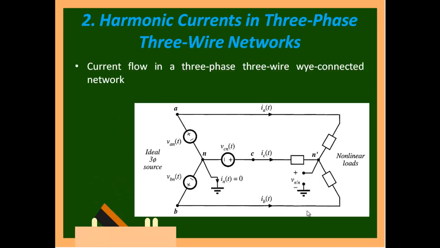Then let us see the derivation part, which I am not touching. I am just telling that if this is the connection, what is the effect. Then comes the harmonic current in a three phase 3 wire network, which means I am not giving neutral. Neutral has been grounded, so in this case there is no neutral part between your source and ground. So I am disconnecting it, which means I am giving to a three phase load only. Here you cannot talk about single phase load or balancing. So it is current flow in a three phase 3 wire Y connected network.